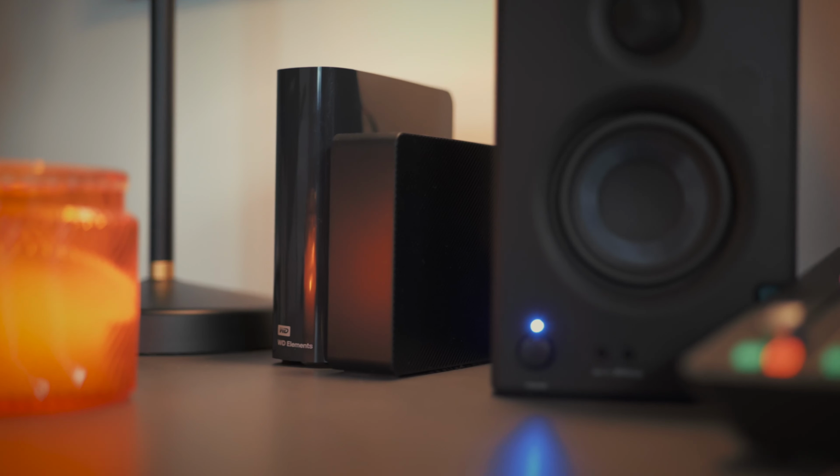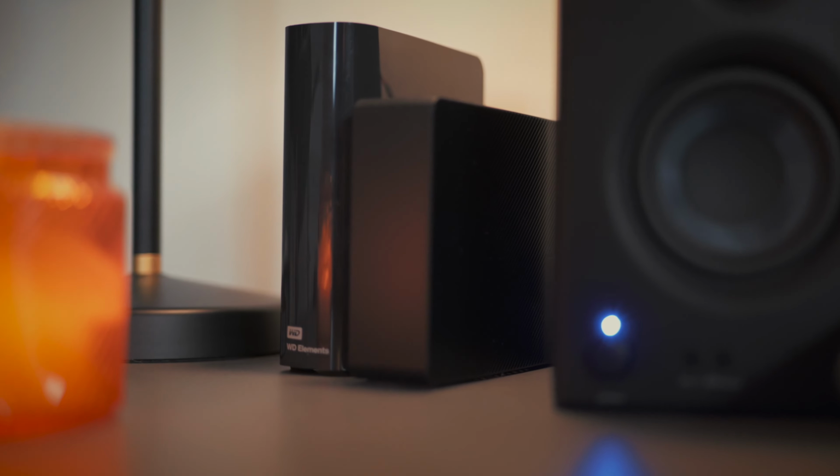So if, for example, I am editing a video and I need some footage from a video I have filmed in the past, I have that footage stored on some external hard drive sat just behind me. But all I need to do is switch on that external hard drive. It's already plugged into my external monitor, and if I have my MacBook plugged into my monitor, which 90% of